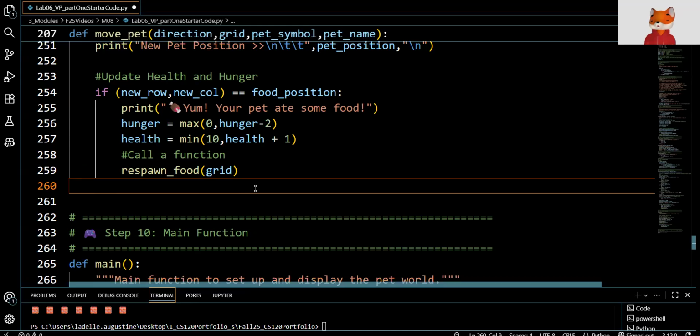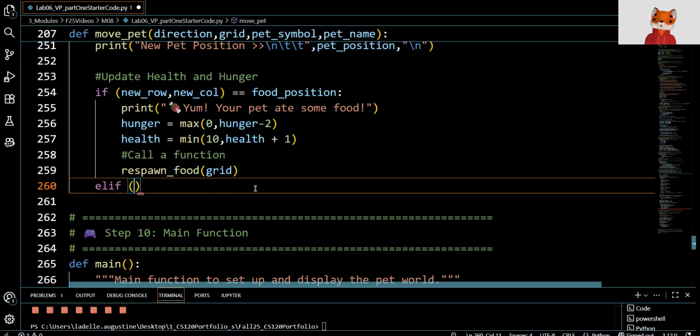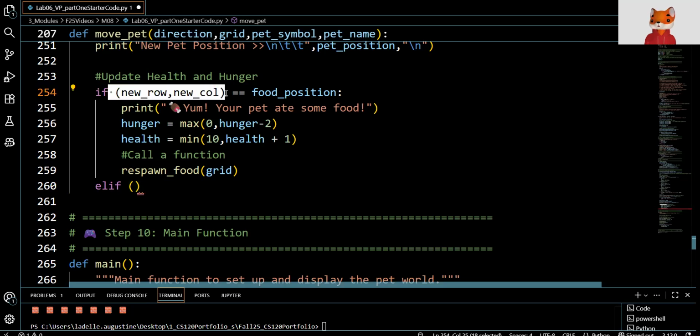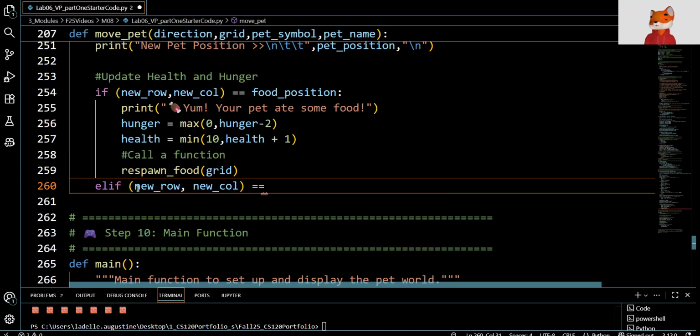So if you notice, it said if. Because we already have an if statement, we can use elif. So we're going to use elif. We're going to use the same new row, new column. And as you see here, we could assign this to a variable and just use that variable each time. I'm just going to do it this way, just because that's how I like to do it, so I know which one is which. But it's completely up to you. This is just my own feeling here. So we have here, if it's equivalent to bed position,